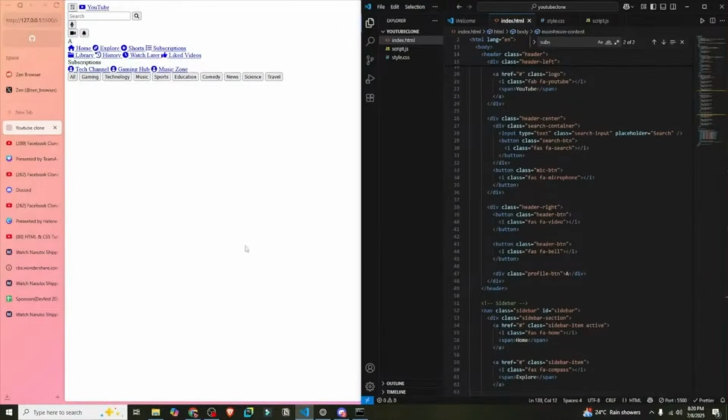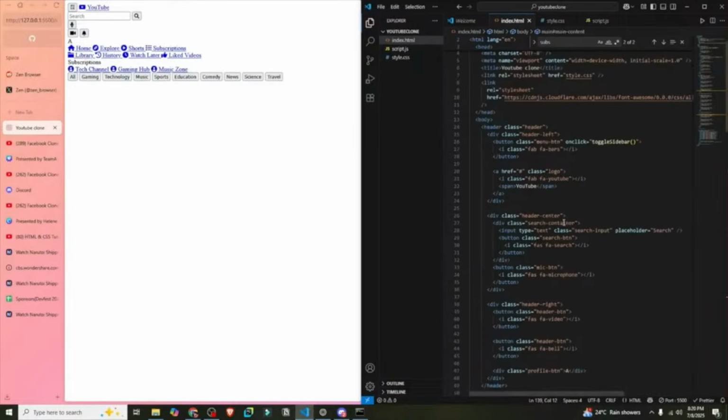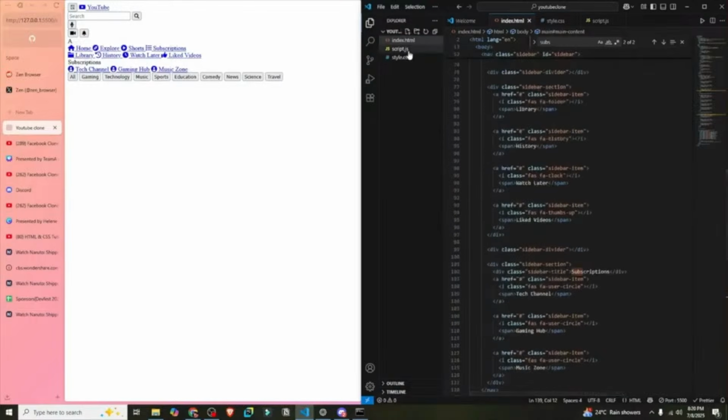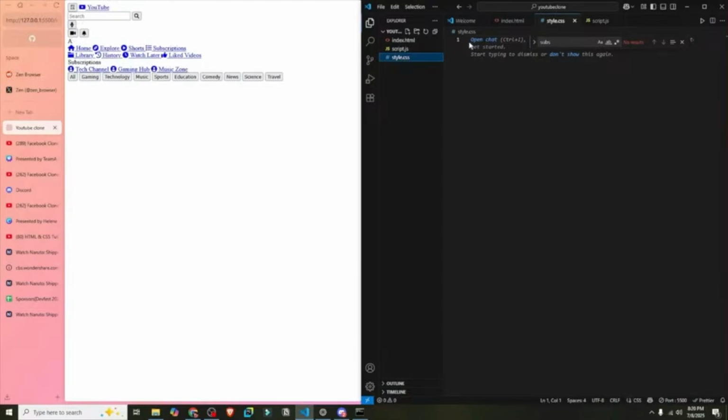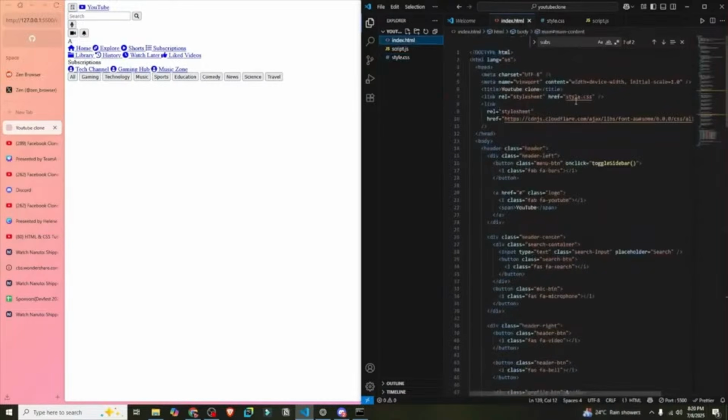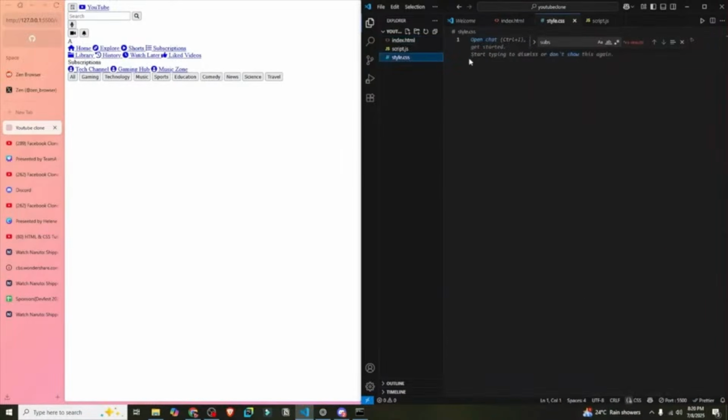Seems pretty simple, but most of our work will be done in styling and scripting. So this is our basic HTML structure. Right now, we'll move on to styling our sheet. Just to make sure, I did link our style sheet with our HTML. Now let's get to styling. I'll close this right here, and for our style, first of all, let's put in the boilerplate code,